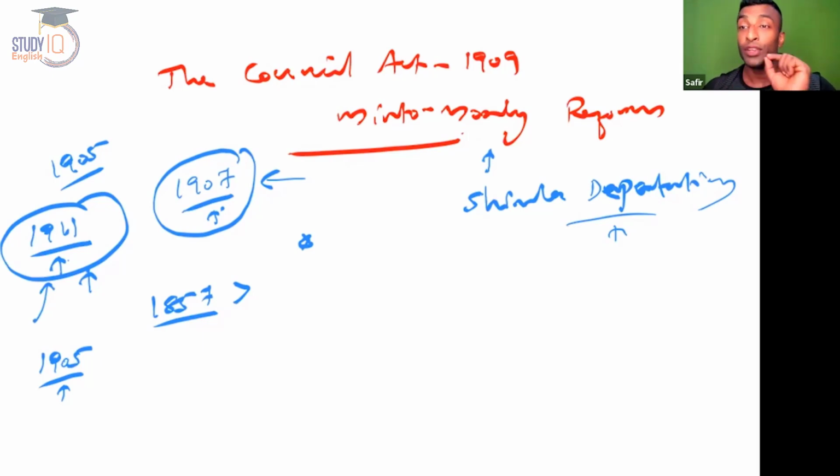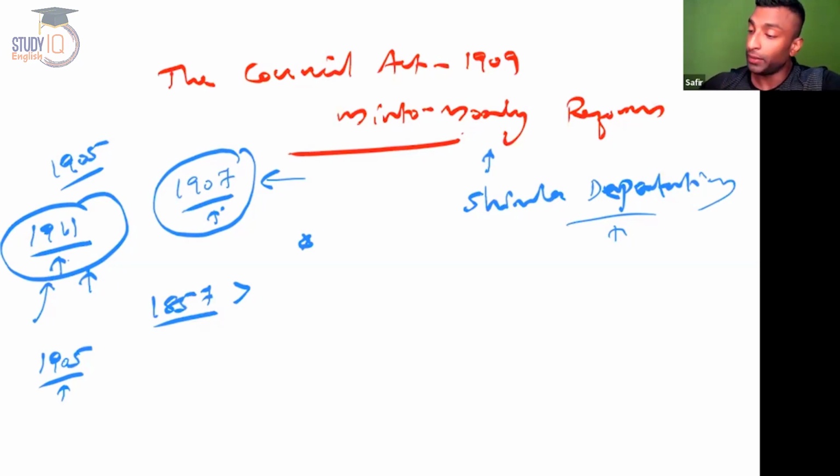At the same time, you need to accommodate the demand of the Congress, because you have made a promise to the Congress that you will come up with devolution of powers. That is the reason for the Surat split and everything. That is the reason why moderates were against extending the Swadeshi movement outside Bengal. Hope it is clear. Now, if you see the objective itself, it is made very clear: